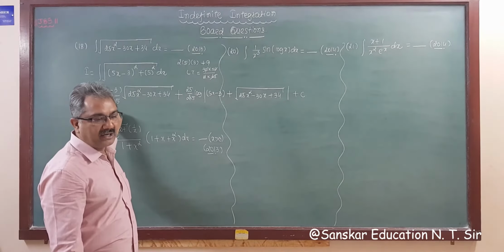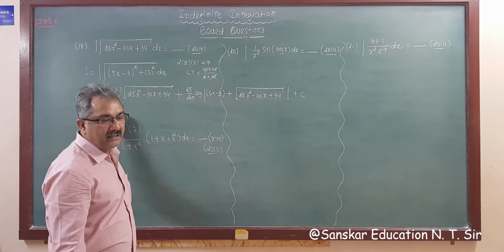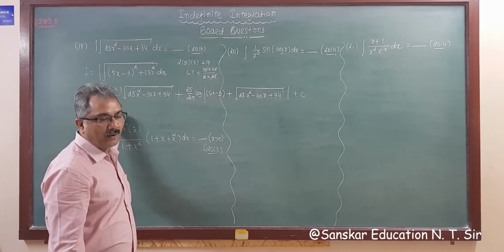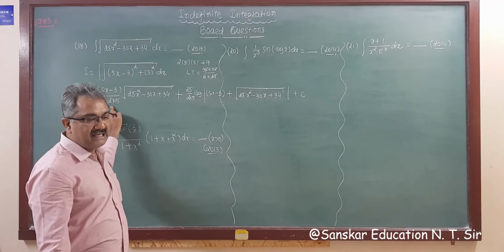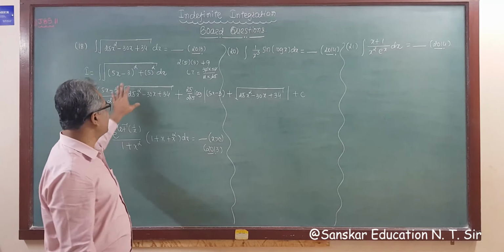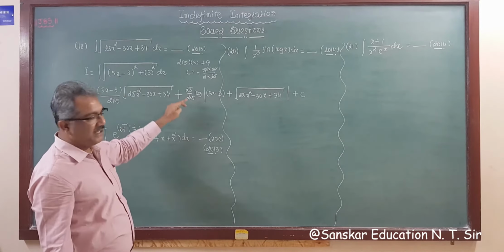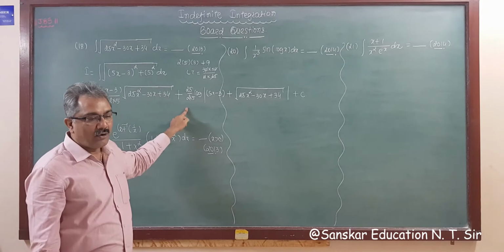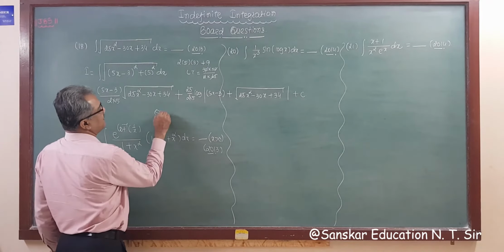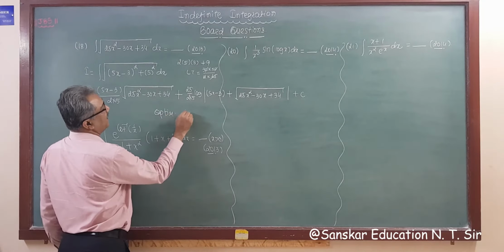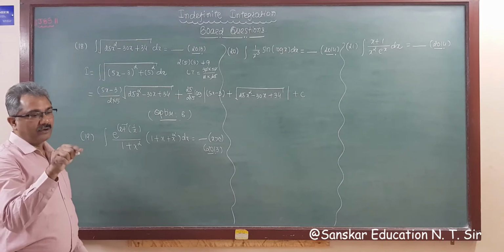So find out your proper answer. That is, (5x minus 3) by 10 is given only in two options, B and C. A is also there. So A, B, C are possible answers. This is the same given, right? And then 25 by 10 is given only in the second option. That is option B is your correct answer. So option B is your correct answer. You have to see it in your PDF.